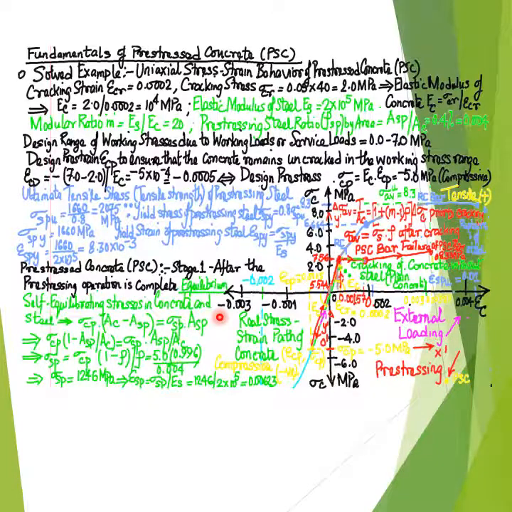And these self-equilibrating stresses that are typically compressive in the concrete, in this case the internal pre-compressive stress or the internal pre-stress generated in the concrete at the end of the pre-stressing operation is minus 5 MPa, with the minus sign representing the compressive nature of the pre-stress sigma Cp,